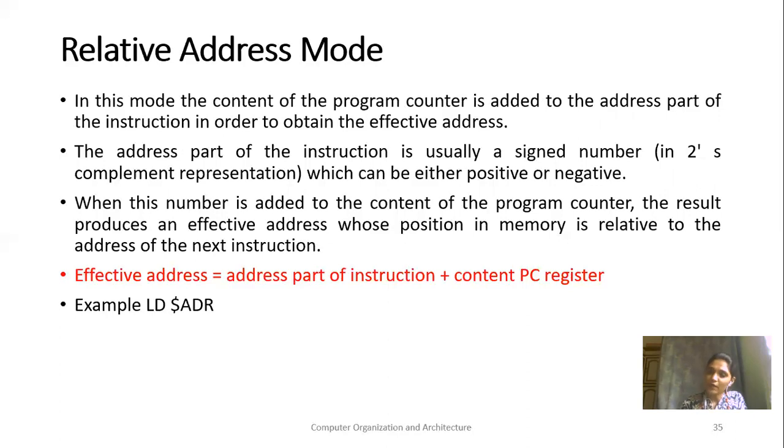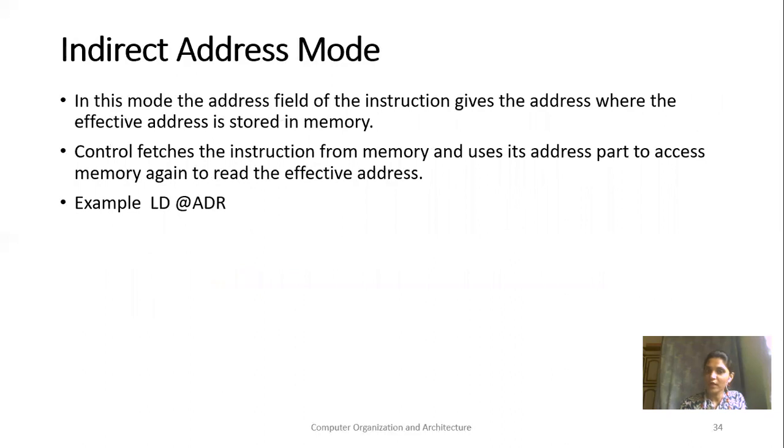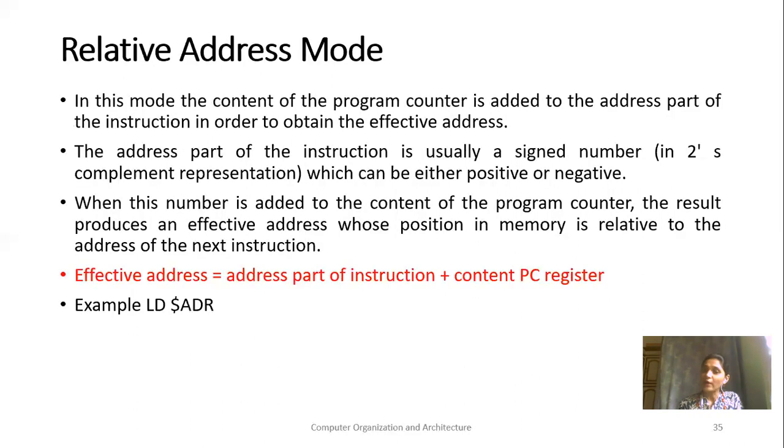Up to now, we were given the address directly or indirectly, or the operand itself. But from now onwards you have to calculate the address. You have to calculate the effective address, so that from that address you can fetch your data, right? That means to find the actual address you have to do some addition or some task.